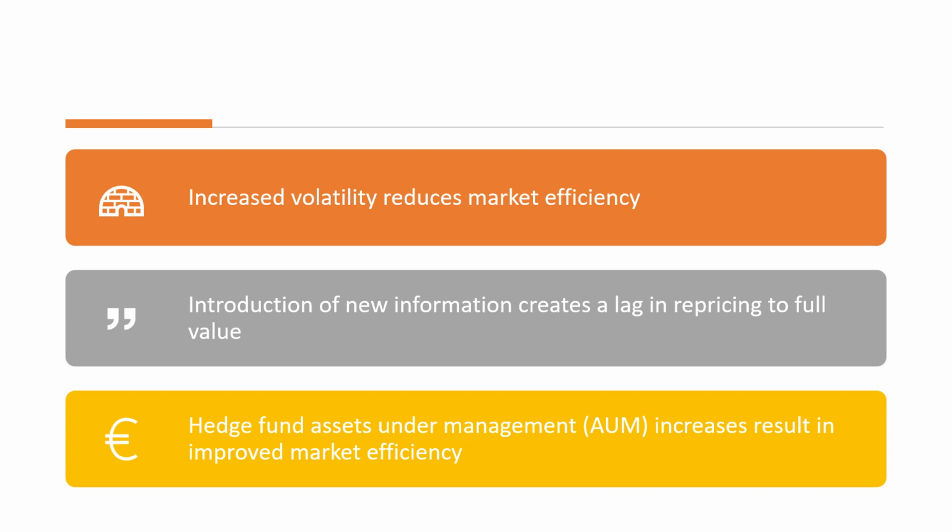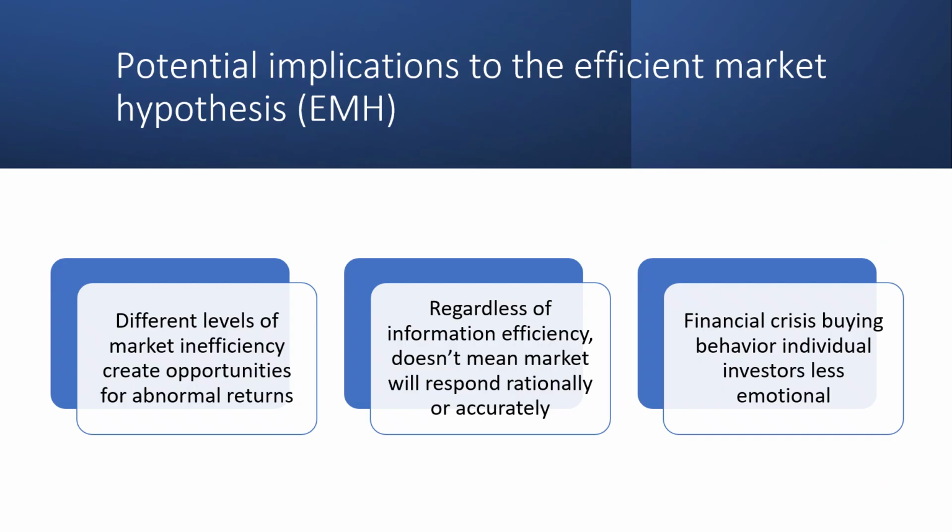The proportion of capital being managed by professional asset managers, hedge funds, mutual funds, pension funds, etc., in each market appears to increase the level of more structured, systematic, and logical buying and selling decisions due to a lower level of emotional decision making based on traditional security analysis when buying and selling investments. Different levels of market inefficiency create opportunities for abnormal returns, and in inefficient markets, average abnormal returns were significantly higher on the announcement days and 2 to 3 days after it. Imbalances in orders in the short term have been found to support this view.